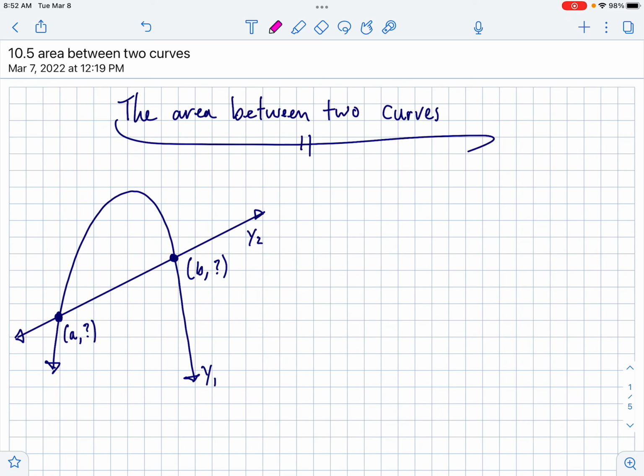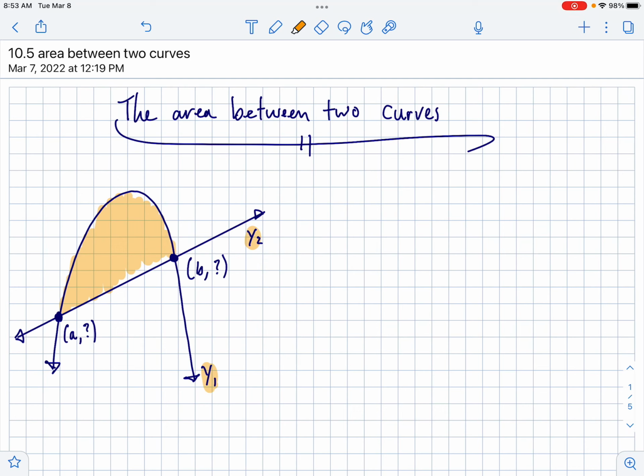IB AI SL 2. Today we're going to talk about the area between two curves, and we're really going to embrace the graphing calculator for this. Before we get to any calculator steps, let's talk about the concept. If you have two functions, like an f of x and a g of x, or a y1 and a y2, sometimes these two functions will cross each other. Today we're going to talk about the area that's in between the two curves